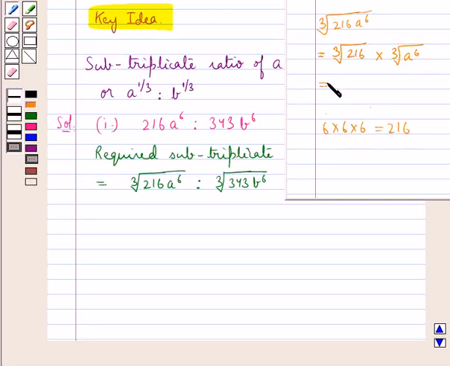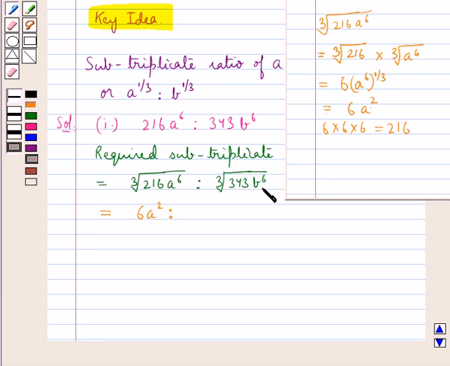Thus cube root of 216 is 6 multiplied by cube root of a to the power 6, which is a to the power 6 whole to the power 1 upon 3. Or you can say we get cube root of 216 into a to the power 6 is equal to 6 into a square. So thus we get this is equal to 6a square is to,